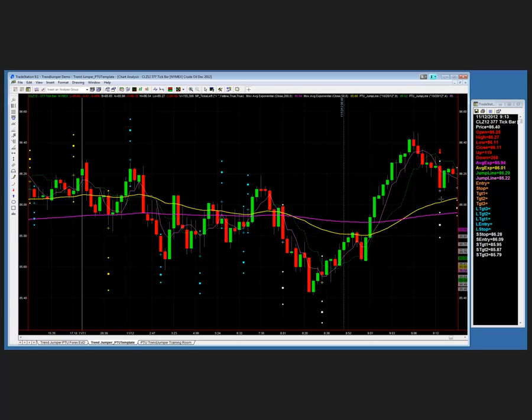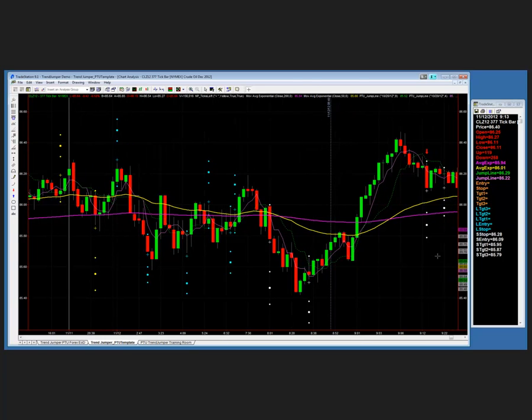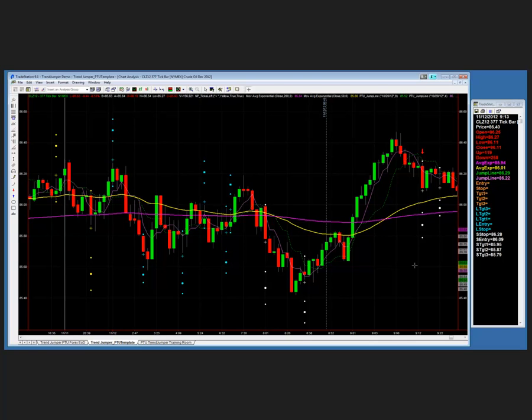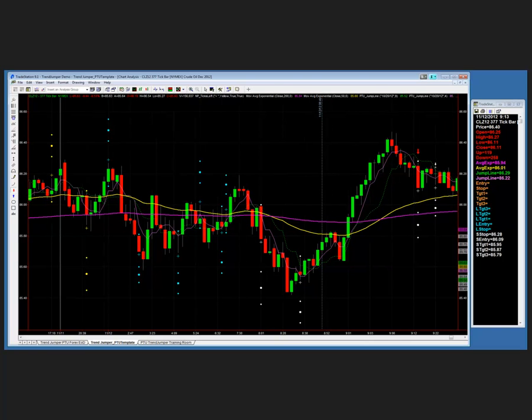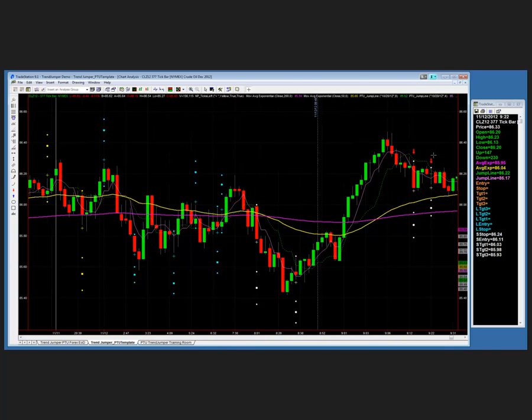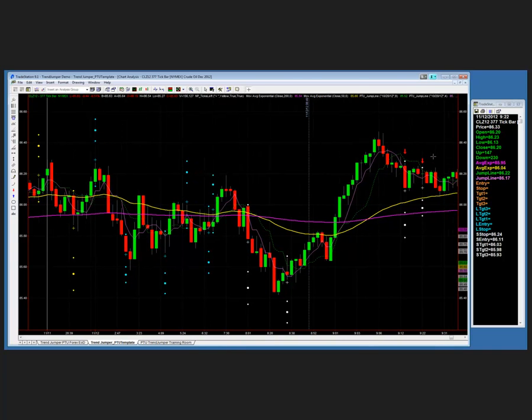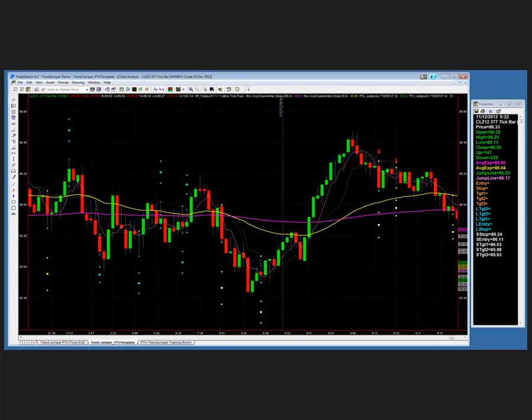Here are the targets. Here's a stop. We're either going to go to the middle or the third target. And in crude oil, there's a very specific plan. In this particular trade, we're going to the middle target. And the market's really slow. It's a holiday. There is a chance to add to your position here. That's an optional trade for advanced traders. You'll notice that both those trades end up winning.